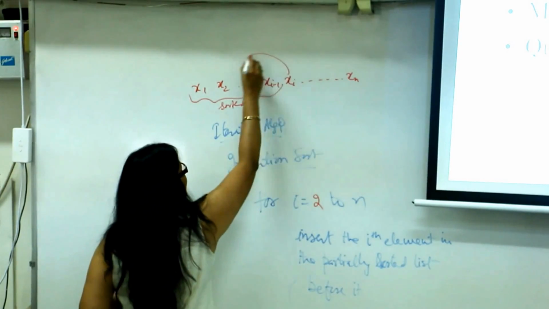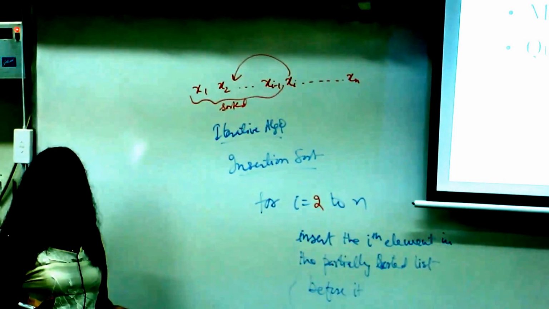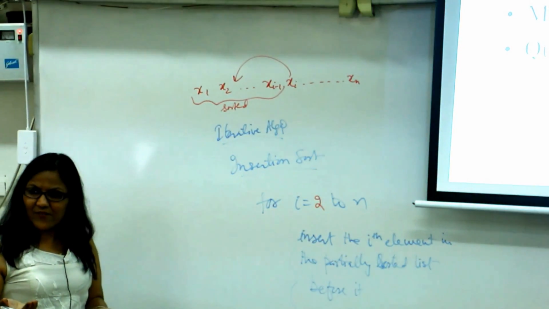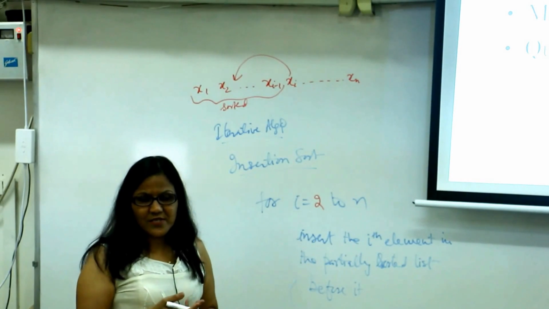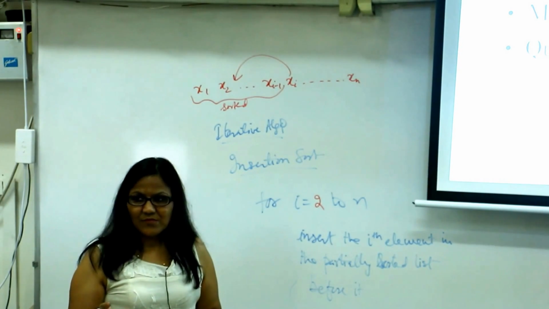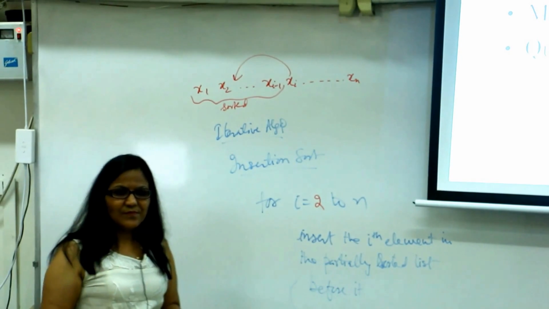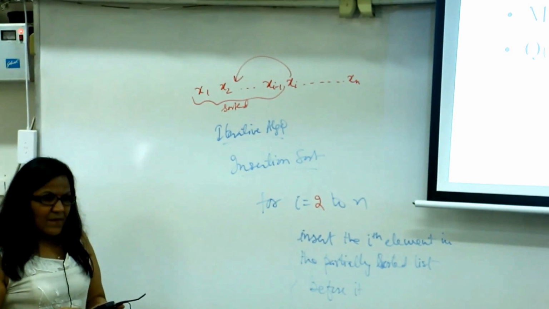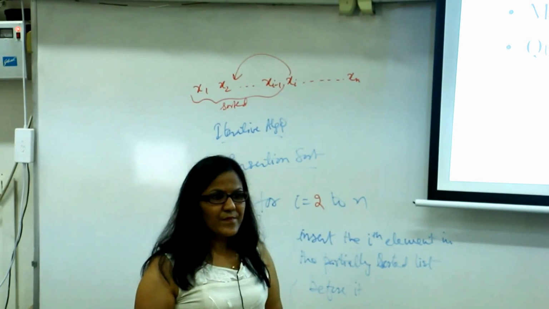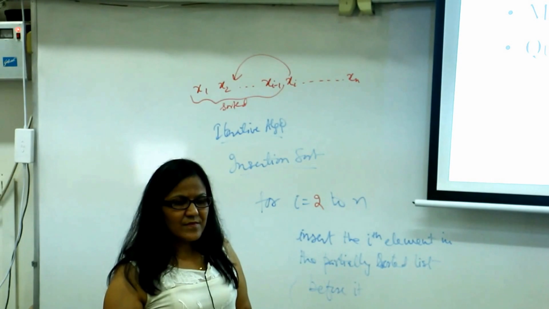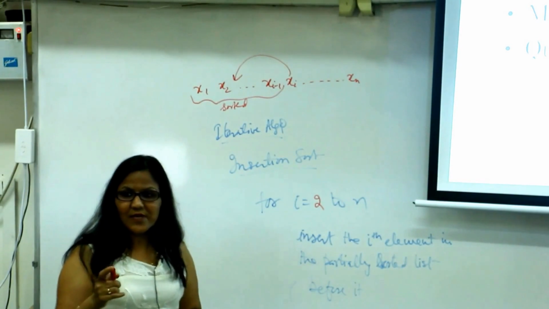Now, how do I insert this at a proper location? We can have different ways of doing it. All of you are familiar with this in arrays. Can you think of doing this in a linked list? Yes, how? You have to delete the element, go back, start from the beginning, find the location and insert. Exactly, right.